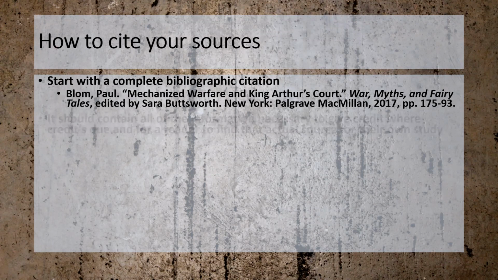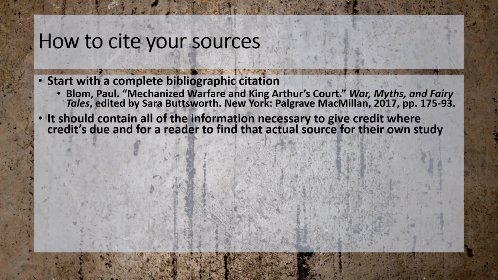Your bibliographic citation should contain all of the information necessary to give credit where credit is due and for a reader to actually hunt down that source, right? And again, imagine even if you do give a URL, that URL may end up no longer working in 20 years, but at least the reader has the author's name and the title and enough publication information to where they can look it up and find it on their own. But if you do have a URL, yes, provide it anyway and activate it so people can just click on it and use it.